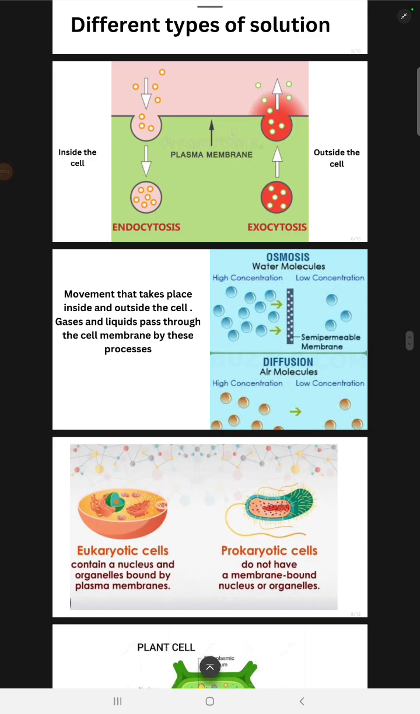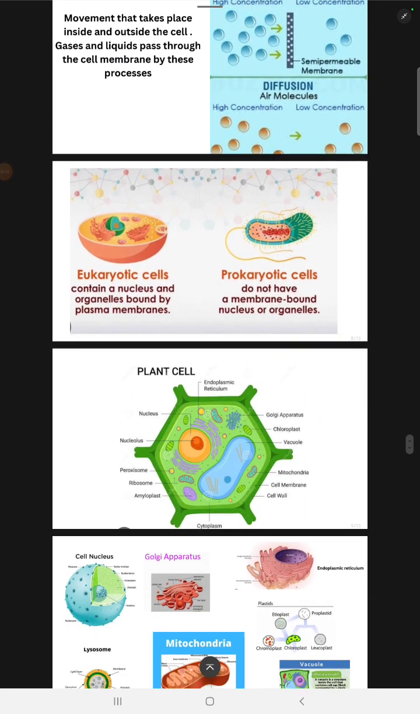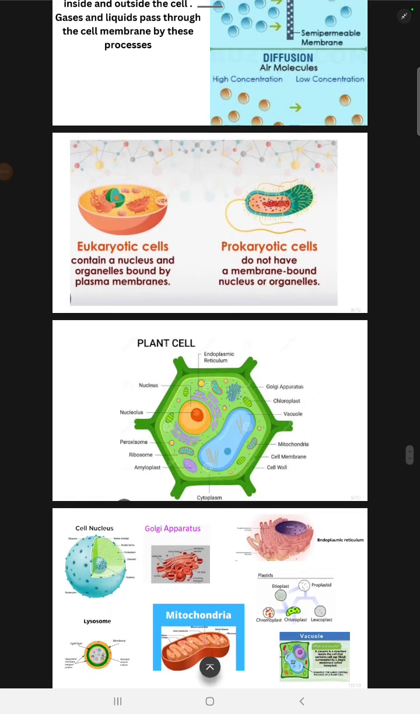All the movements that take place inside and outside the cell happen through one particular process, which is termed diffusion or osmosis, where the materials move from higher concentration to lower concentration through a semi-permeable membrane. This movement can take place in the case of gases and liquids that pass through the cell membrane by these processes. Then coming to the types of cells, as you remember, Virchow said that some of the cells are